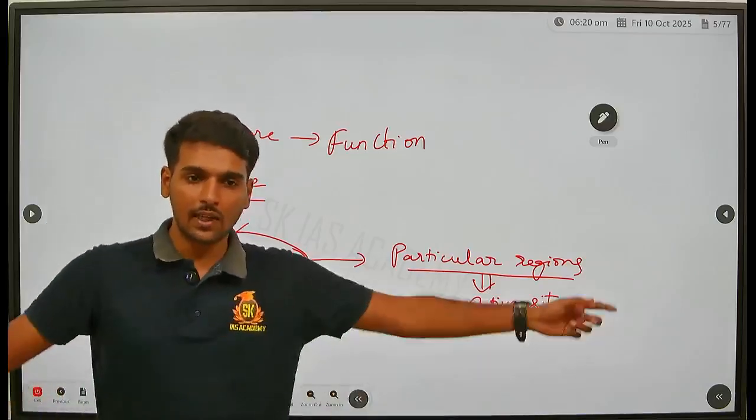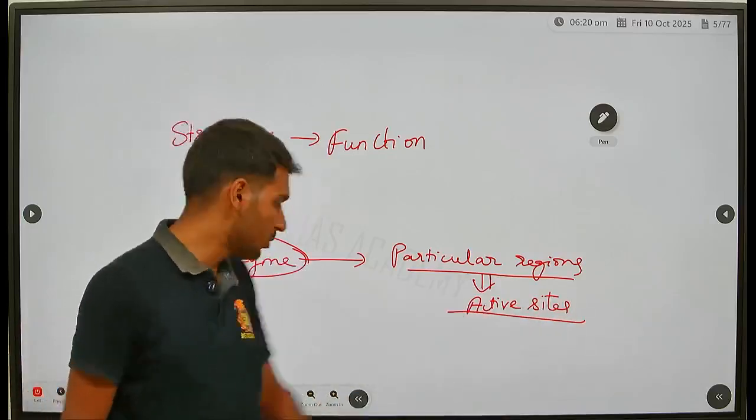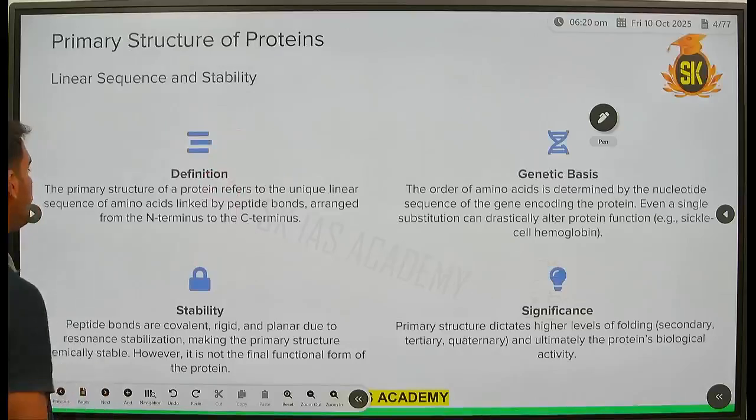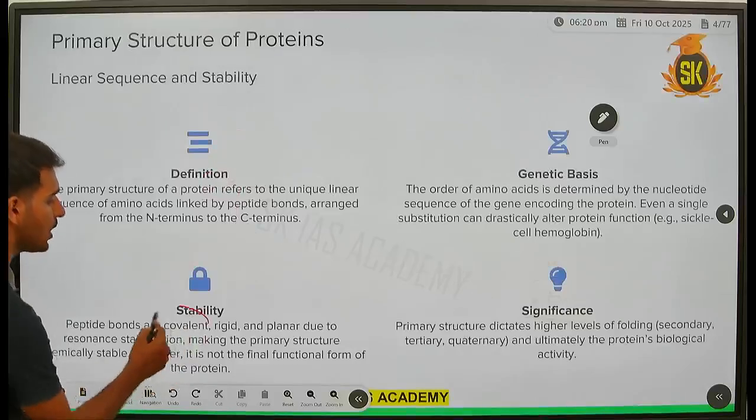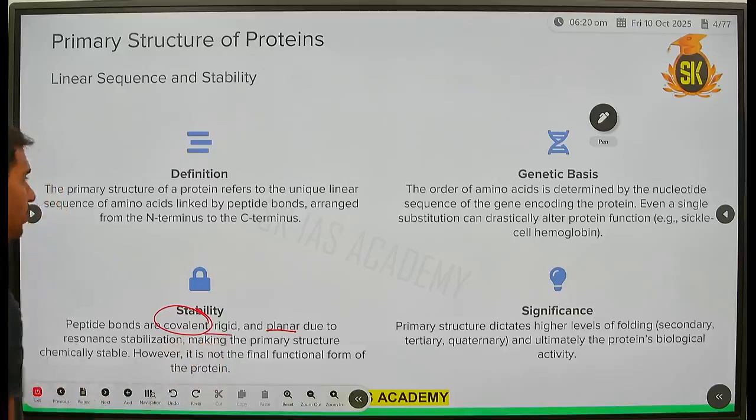Primary structure is a linear structure. One end is the C terminal, the other end is the N terminal. Okay, so again, the peptide bond is nothing but a covalent bond only. It is planar, it is rigid. Okay,